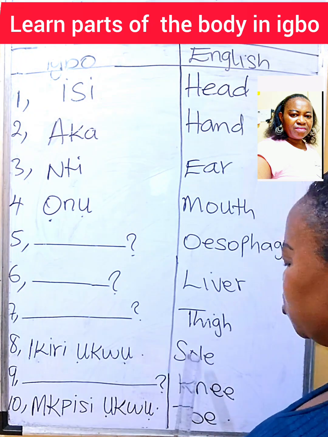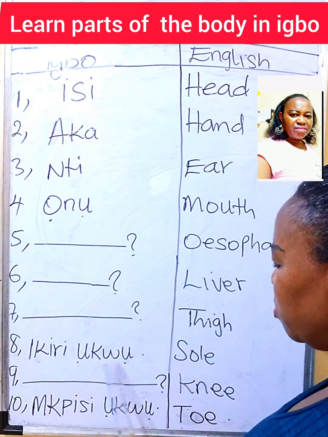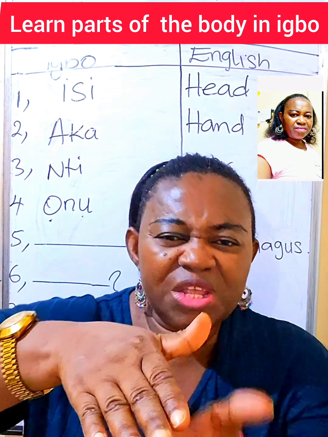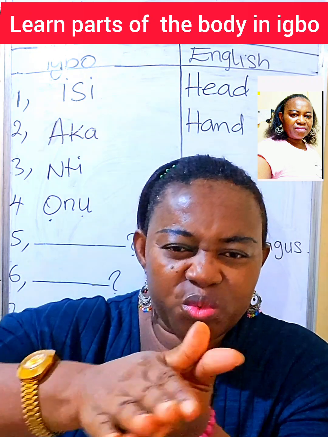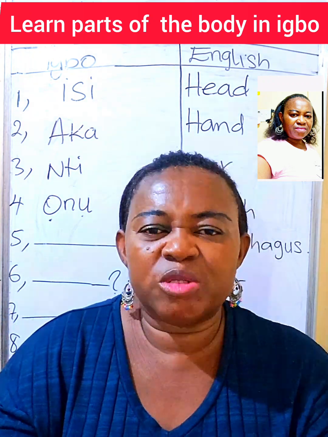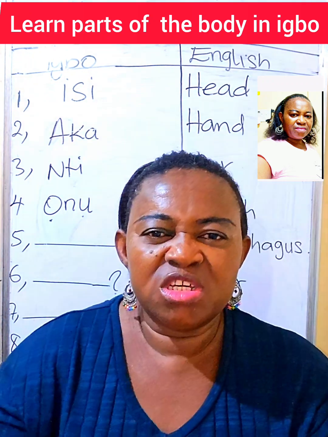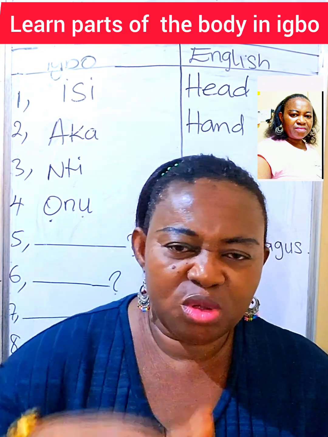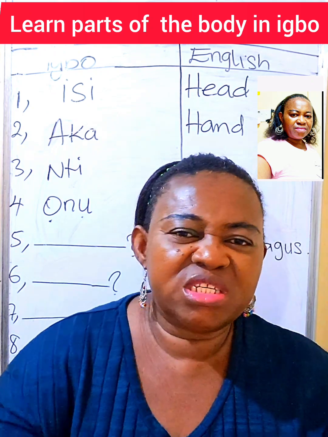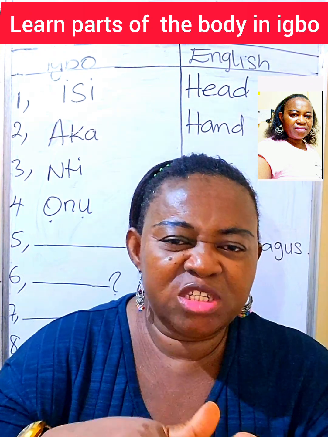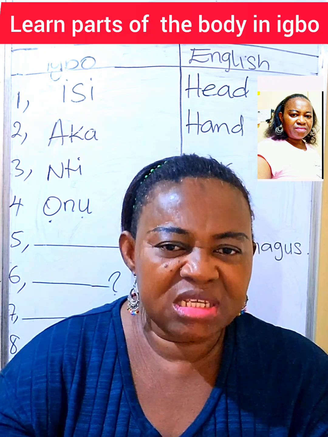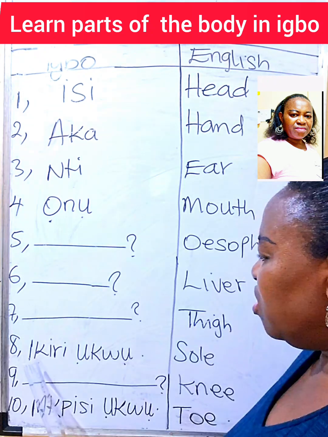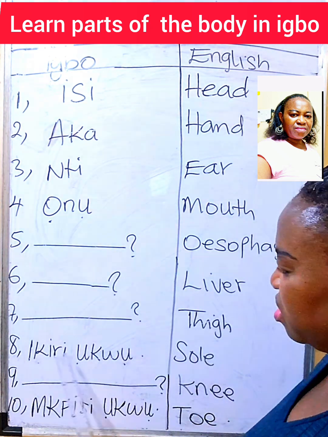Ikiri ukwu, so. Ikiri ukwu means so. Look at your leg like this. Then, under your leg, you call it ikiri ukwu in Igbo Izugbe. But some dialects in Igbo call it ichirikuku. That is under your leg. After that you used to bounce on the ground. You call it ichirikuku according to some Igbo dialects. But in Igbo Izugbe you call it ikiriuku, the sole of your feet. So ikiriuku means sole.